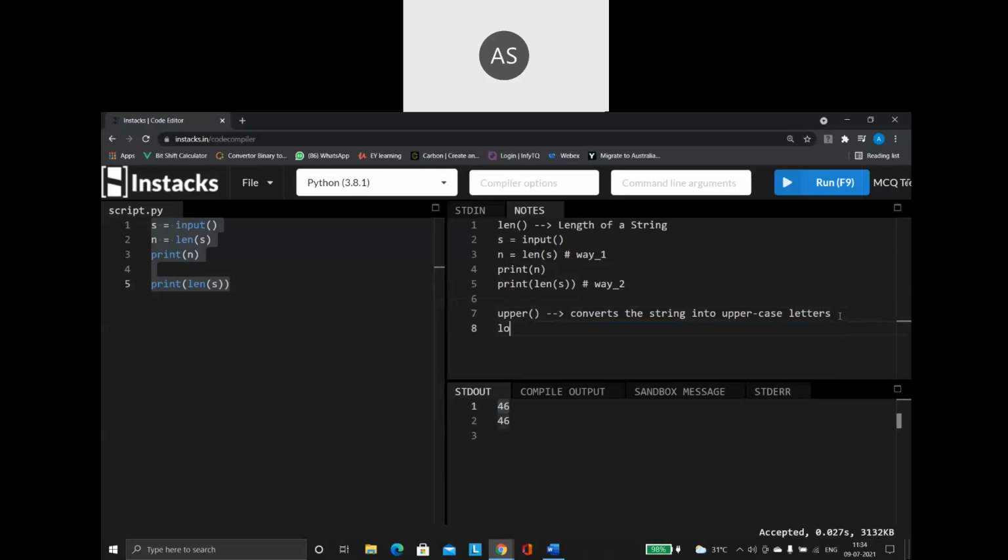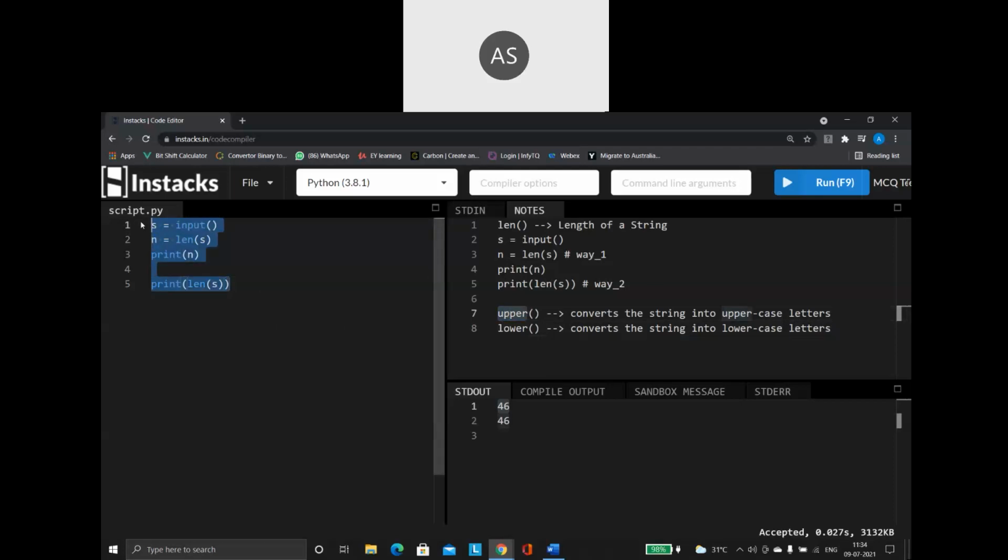In the same way, I have a function called lower. What is the purpose of lower? It is used to convert the string into lowercase alphabets, or lowercase letters. Very simple functions. As the name suggests, it is going to happen.